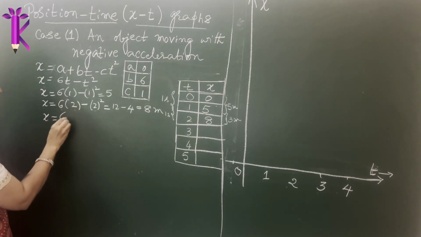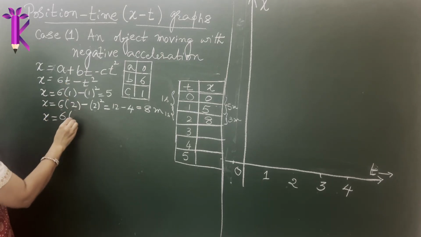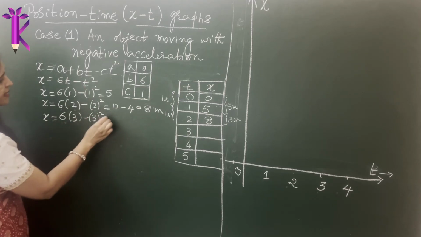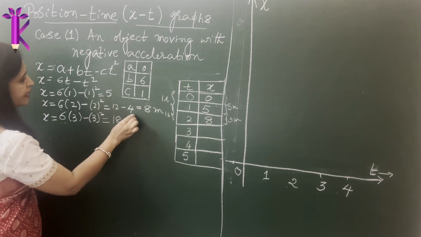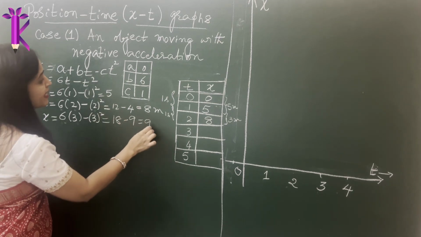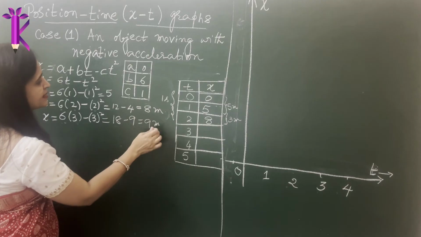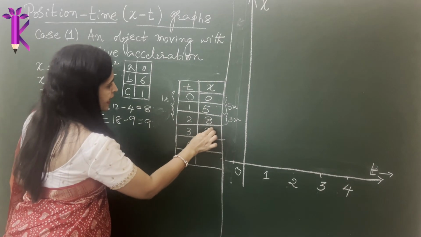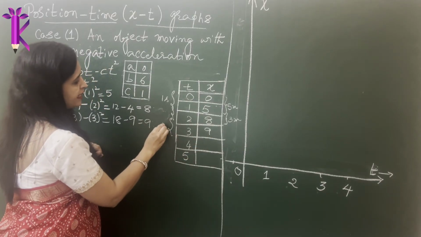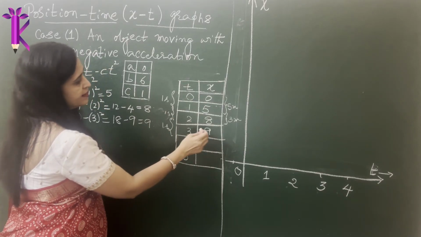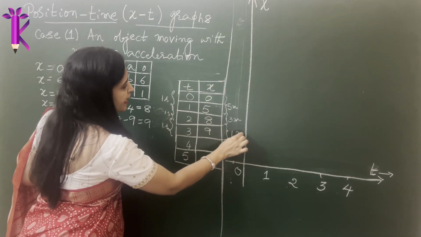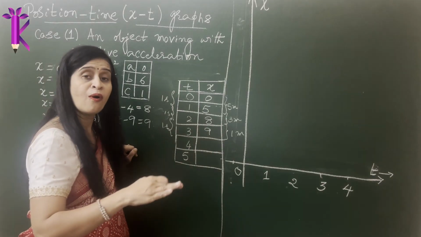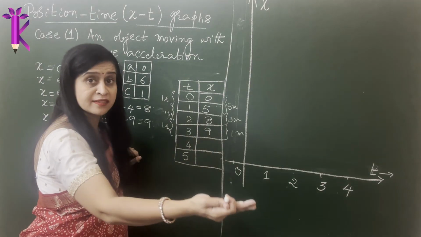When t is equal to 3 seconds, x = 6t minus t square, which is 6 times 3 is 18 minus 3 square, which is 9. 18 minus 9 is 9 meters. So this will be 9 meters. So you see, for the same 1 second difference in time, the distance covered now is from 8 to 9, which is a jump of only a meter. So it is almost coming to a halt. That is what you see.